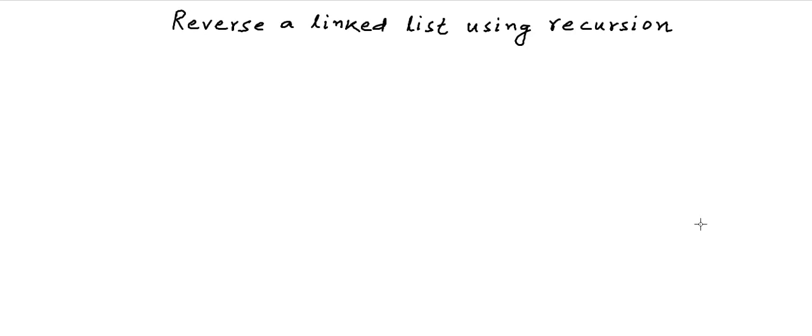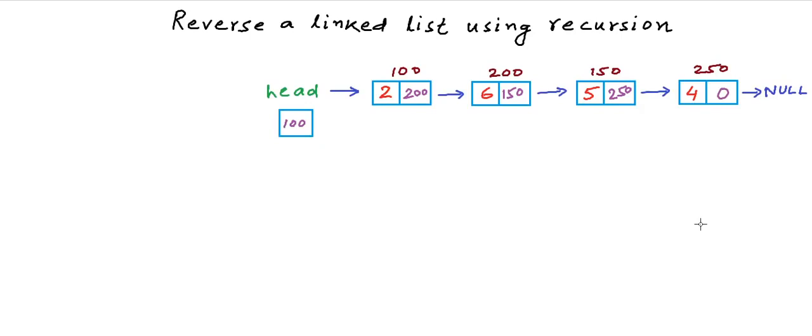So if we have an input list like this, we have a linked list of integers here. We have 4 nodes in the linked list. Each rectangular block here with 2 partitions is a node. The first field is to store the data and the second field stores the address of the next node. And of course we will have one variable to store the address of the first node, or head node. We name that variable head. We may name it anything; I have named it head.